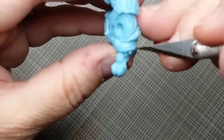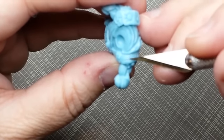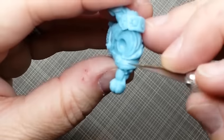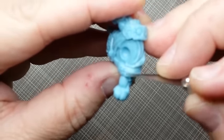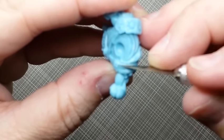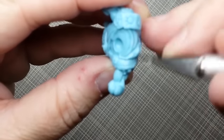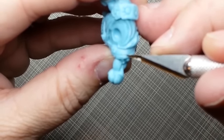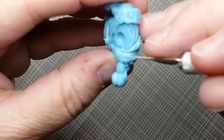Right here, on top of his shoulder pad, let's see if I can get that into focus. On top of his shoulder pad, there's a little faint line right there, and that's perfect for this. So you take your blade and you go against it, in the opposite direction of your blade, and now that smooth contour of his shoulder pad, where there was a mold line, is very, very smooth, and there's no other damage to that part of it,